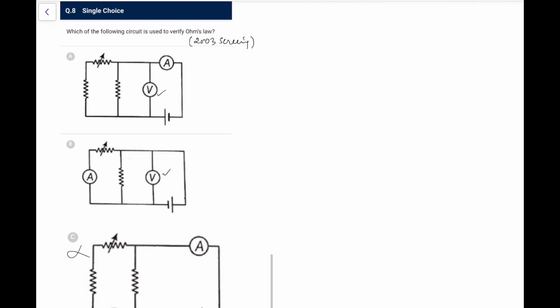So now out of these two choices I'll go with B, because this B will directly give me the current in this variable resistor. As this resistance changes, this current will also change. So that could be the more feasible option out of the two. So I'll go with option B here. Though on the internet you will find many sources giving it as A, I feel B is the more appropriate choice here.